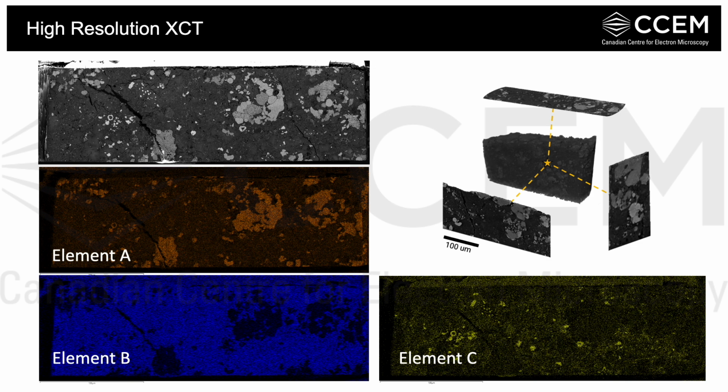At this point, we can also study the new surface in detail using other detectors. Here we're seeing our EDS maps of several elements, and we can see the framboids have a different composition than our surrounding matrix. We can also do this using, let's say, EBSD or CL, depending on what we want to achieve. By creating a new surface, we're able to gather a whole new set of information from our once internal feature.